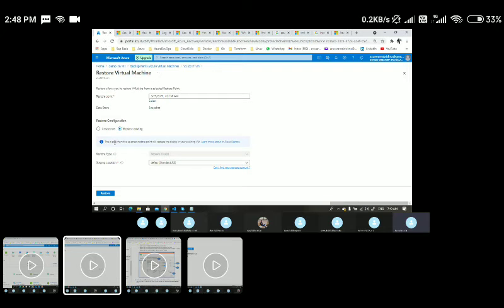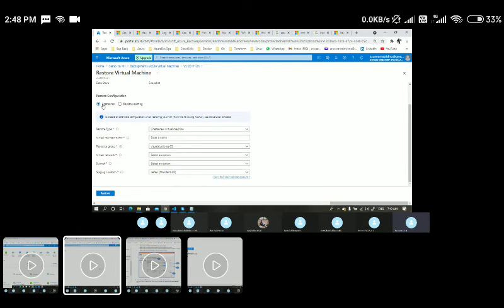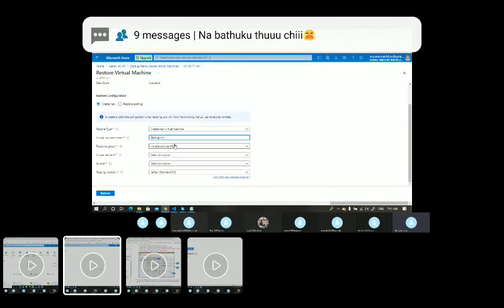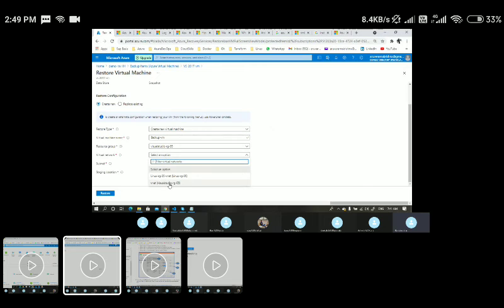within a VM. And if you want to create a new VM, I can just choose the option here, create a new VM, and I can give the VM name. Let's say I'll name it backup VM, and by default we'll be creating within the same resource group, and I have to choose the network. I think this is the network, not the